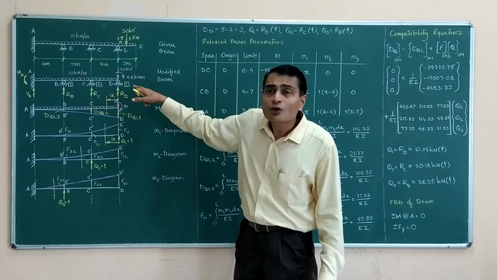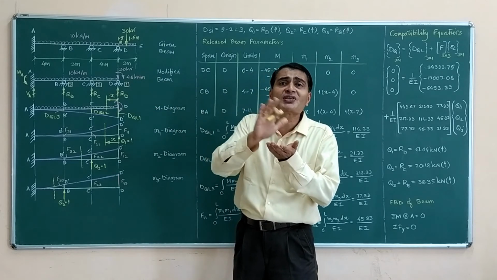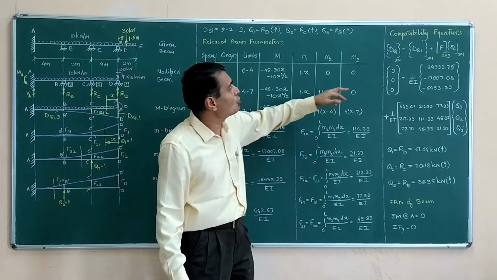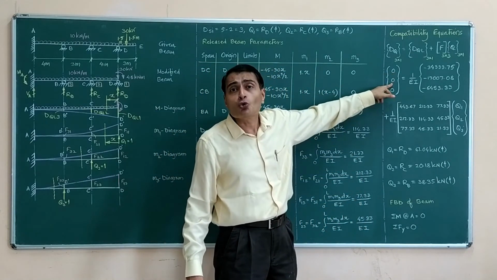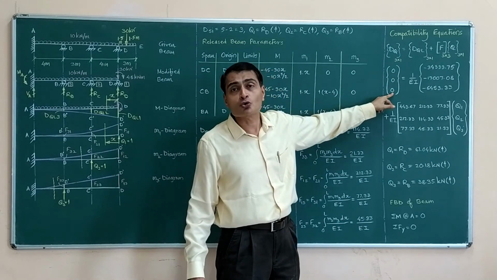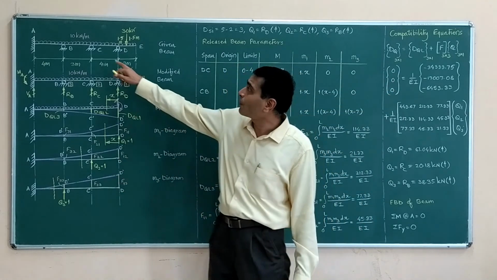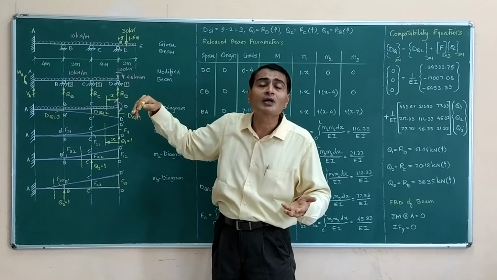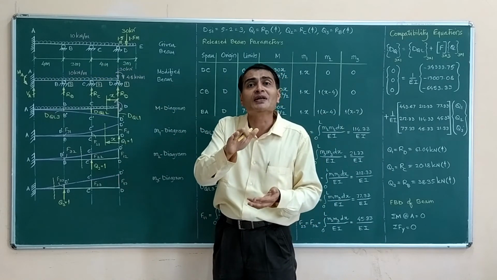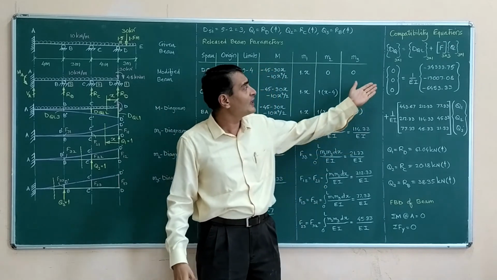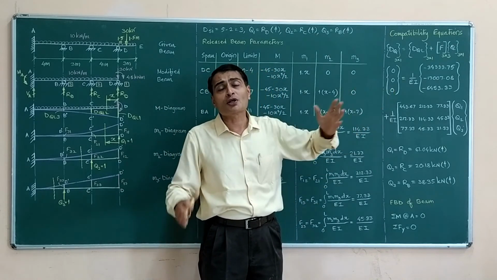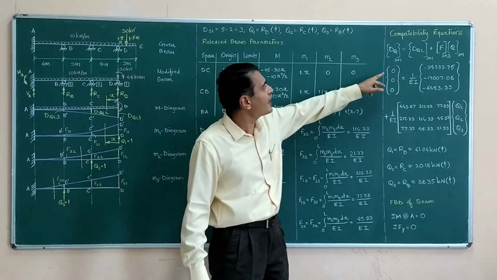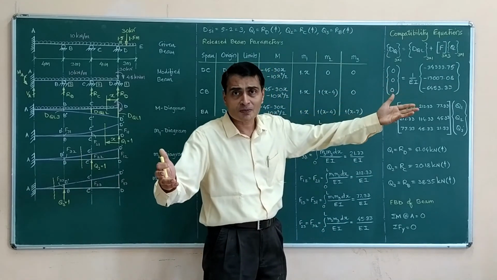However, at roller supports, no such deflections are expected. Slope is expected, not deflection. So simply dq1 is equal to 0, dq2 is equal to 0, dq3 is equal to 0. You can readily guess that if this support is given to be a sinking support, and that is the problem we are going to solve in the next lecture, you will definitely have some displacement there, and you would definitely have either dq1 or dq2 or dq3 as the case may be. But here sinking of support is not given, so we simply have dq1, dq2, dq3 as zeros.